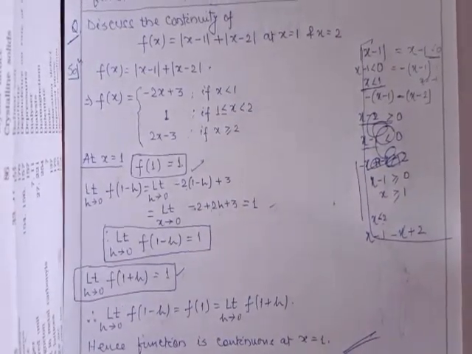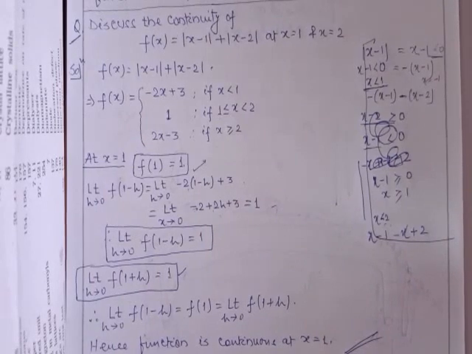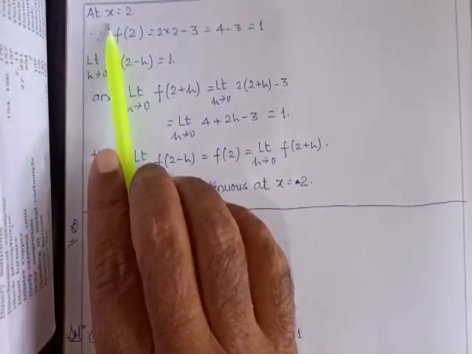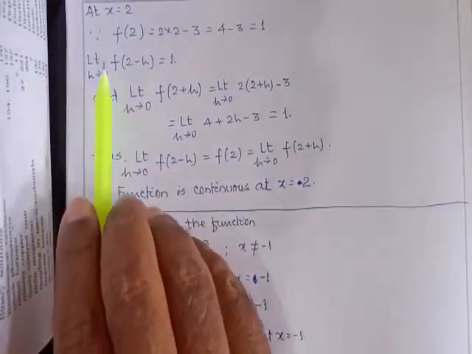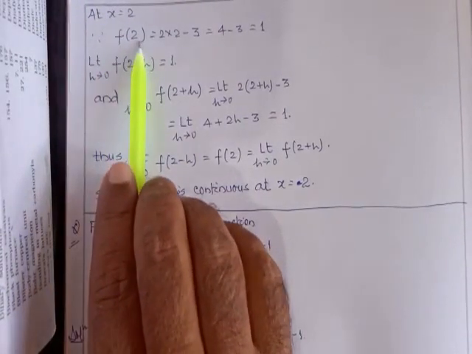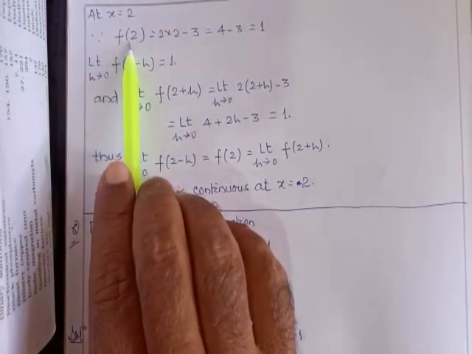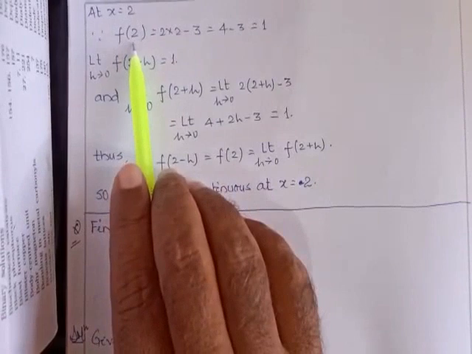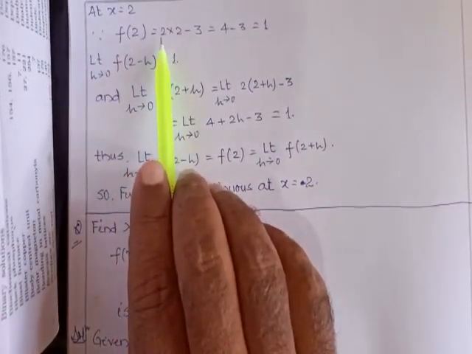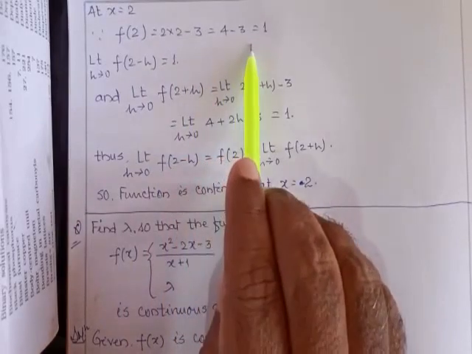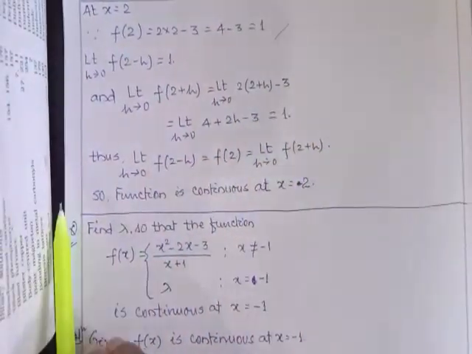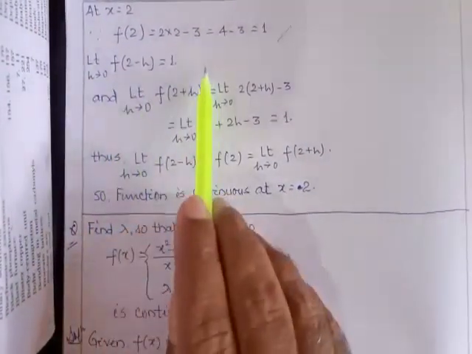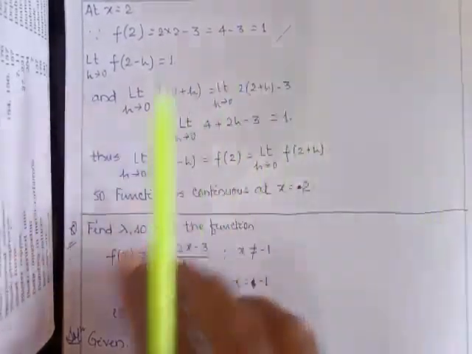So next come to the case when x is equal to 2. So now come to the second case when x is equal to 2. First calculate f2. See the question, when x is equal to 2, what should it be? 2x minus 3. So replace x in that form. 2x minus 3 means 2 into 2 minus 3, 4 minus 3, which is 1, right? The left hand limit, obviously, limit h tends to 0, f2 minus h is equal to 1. See that one, compare it with the problem.